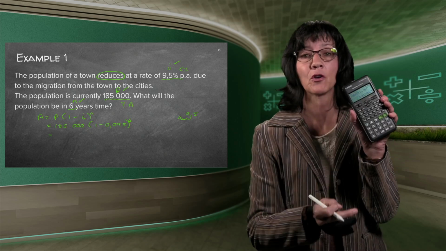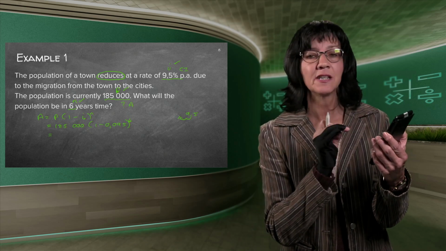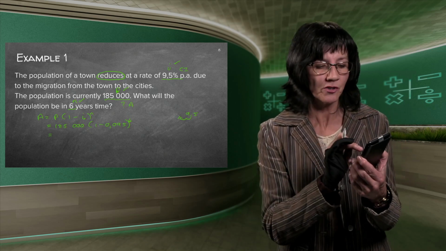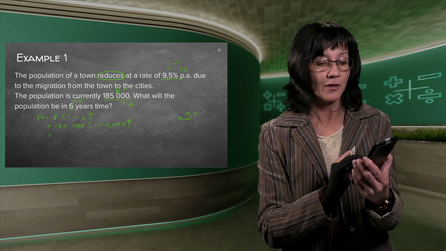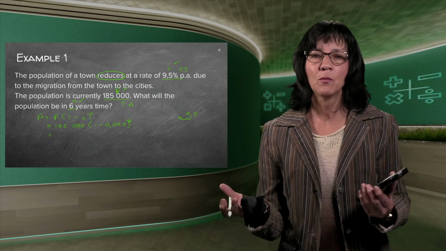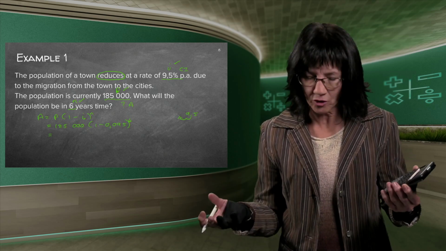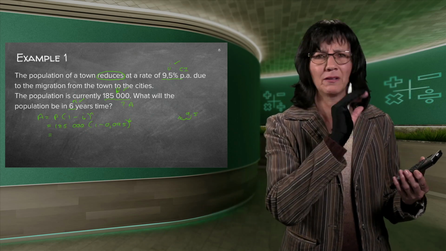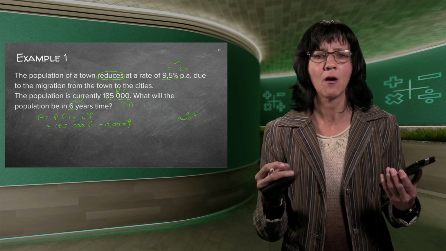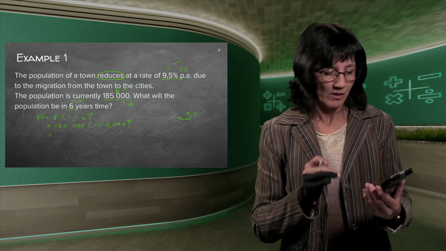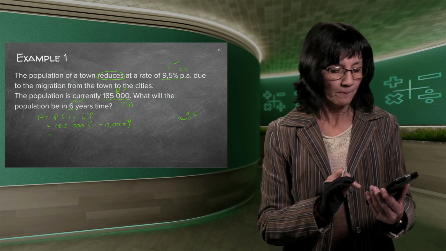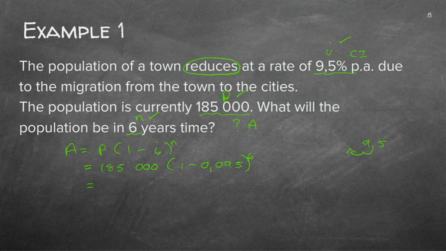I'm checking, luckily we've got these clever calculators. I put in 0,95. What should it be? So I'm going to go back with my cursor. It should be 0,095. You see how I know I made a mistake. I got a funny 0, something answer. The population in the end can't be 0, something. So if I do it correctly, I have